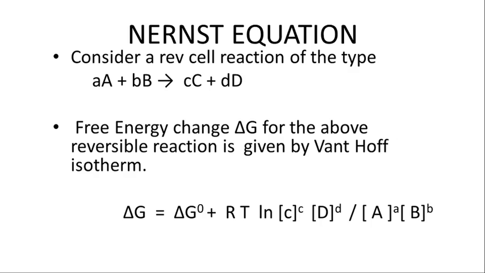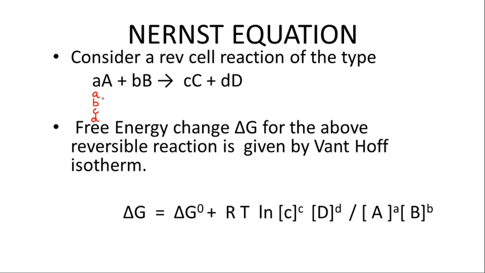We will now study the Nernst equation. You have already studied this equation in the 12th standard. We consider a reversible cell reaction of the type: a moles of A plus b moles of B give c moles of C plus d moles of D,